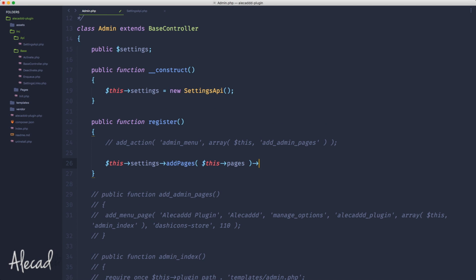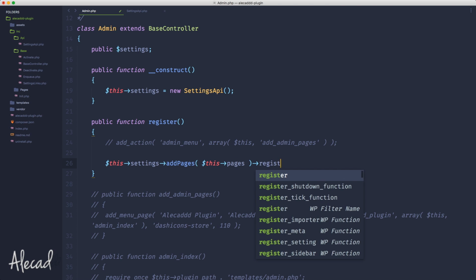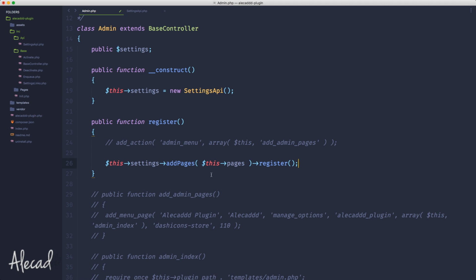So we can say after the add pages is completed and returns, call the register, instead of rewriting this settings register. Because we're returning this in the add pages, we can use the method chaining to trigger the register after the first method is done. And you can continue with the method chaining as much as you want, so there's no limitation. The only thing that we have to do is declare or define a pages array to pass